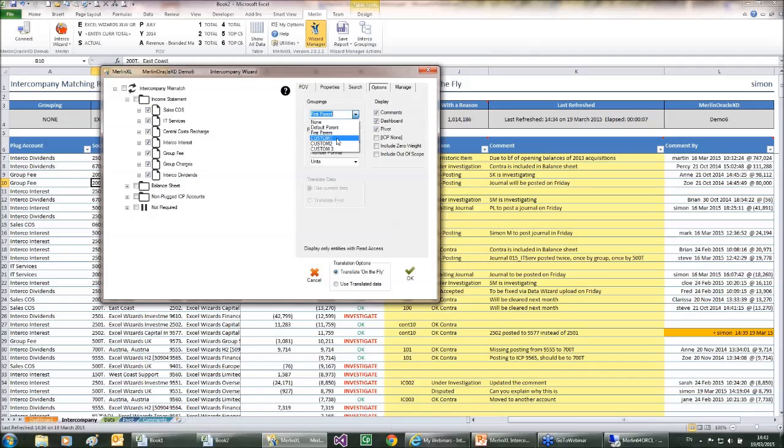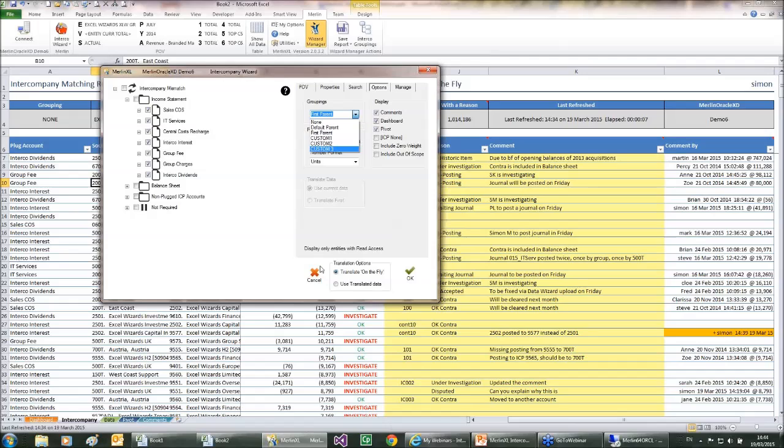We could similarly also choose a custom grouping. A custom grouping is a collection of entities grouped together and treated as one entity for the purpose of intercompany matching. So in the intercompany matching report, you only see the net effect of that group with the rest of the organization. A few years ago, we had a client that had over 65,000 mismatch lines on their standard base entity report. And it actually meant they couldn't use Excel 2003 because that has a limit of 65,000 rows. But using the custom groupings option, they were able to cut down the number of mismatches to a more manageable couple of thousand. And you're still able to drill down to see the base entity if you need to in